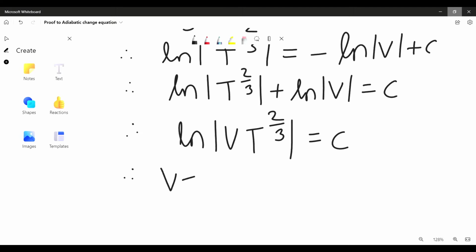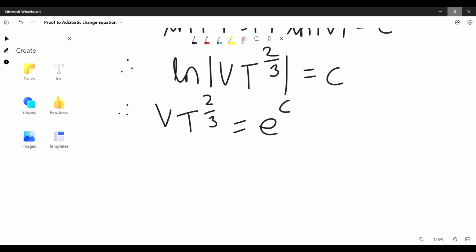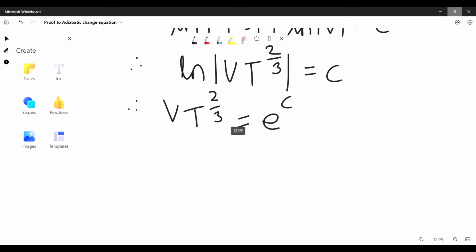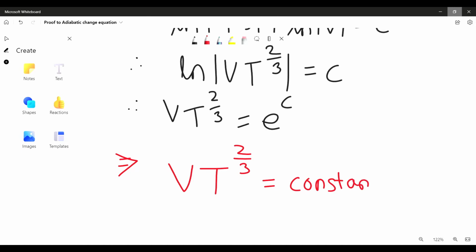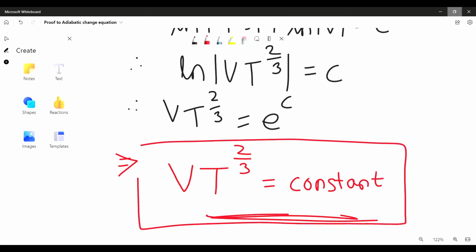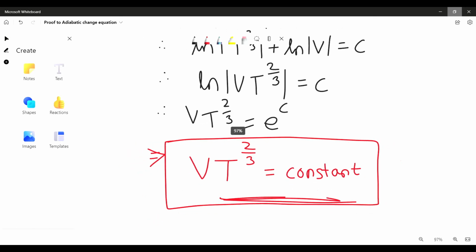Therefore, V times T to 2 over 3 is equal to e to the power c. And of course, e and c are both constants, c being the constant of the indefinite integral, and e being Euler's number, so we have proven that V T to the power 2 over 3 is equal to some constant. And that is the relationship between volume and temperature for adiabatic change in an ideal gas in a